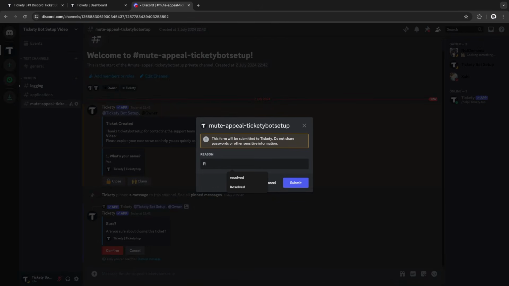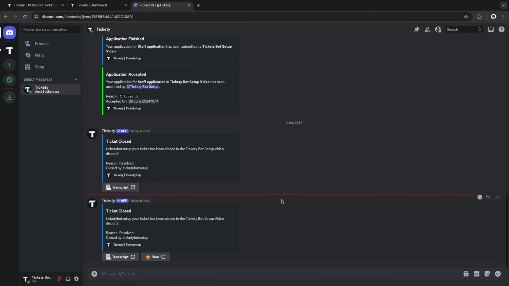I'll make it resolved for now. And when it's closed, it sends the user this message, where it shows the close reason, the transcript, and the rating link. Now let me show you how to create a multi-panel, which is a ticket with more than one